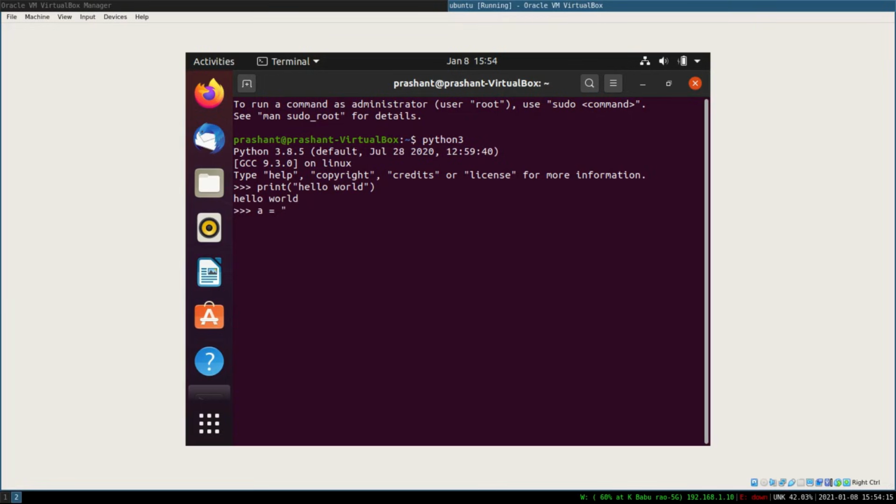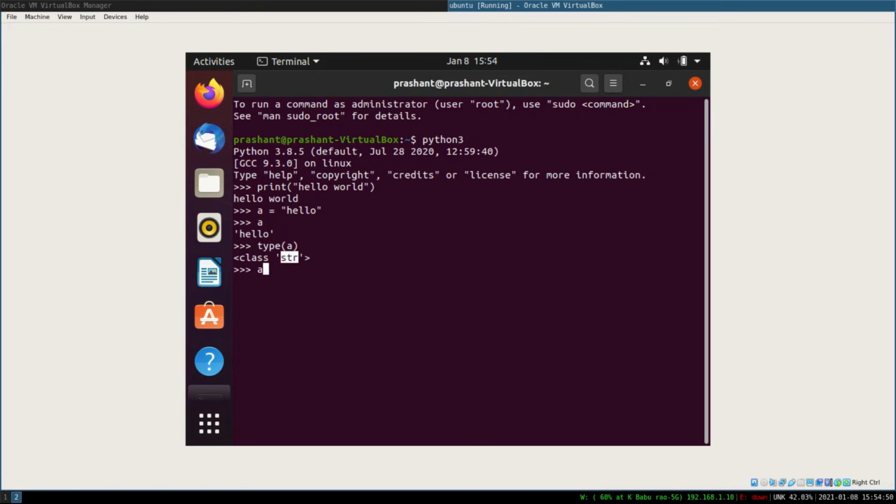So a is equal to a string in between the quotes. Now variable a is declared, and if you want to print it, you just type a and press enter. If you want to find out the type of that variable, you can type type, and within the parentheses the variable name, and you can see that it is a string.